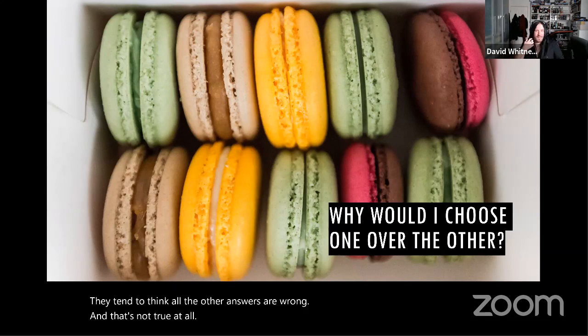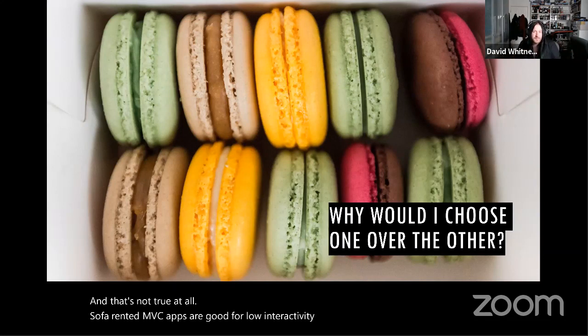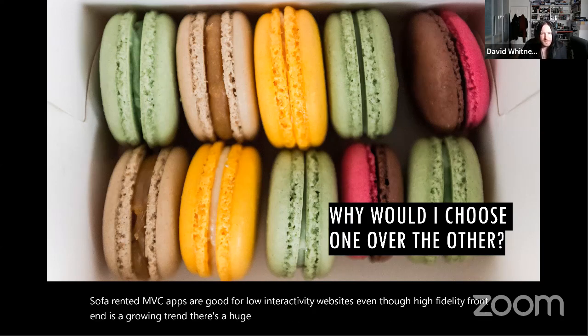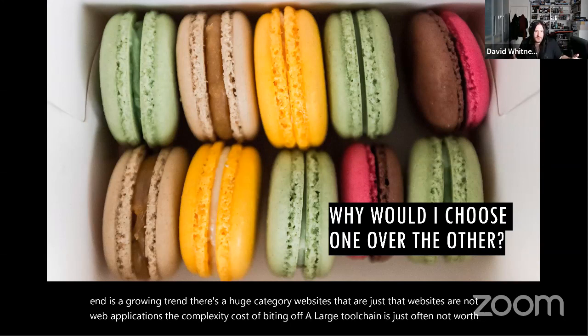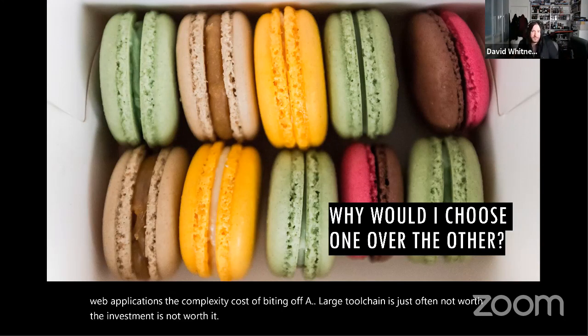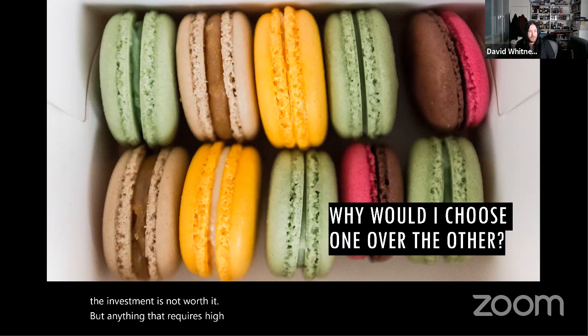Server-rendered MVC apps are good for low interactivity websites. Even though high fidelity front end is a growing trend, there's a huge category of websites that are just that, websites. They're not web applications. The complexity cost of biting off a large tool chain is often not worth the investment. But anything that requires high fidelity UX, almost by default now, is probably React, Angular, or